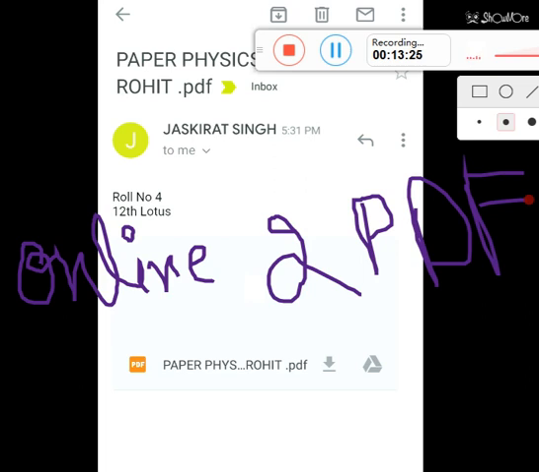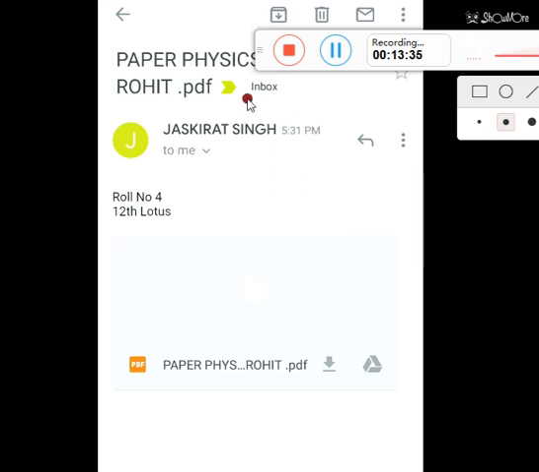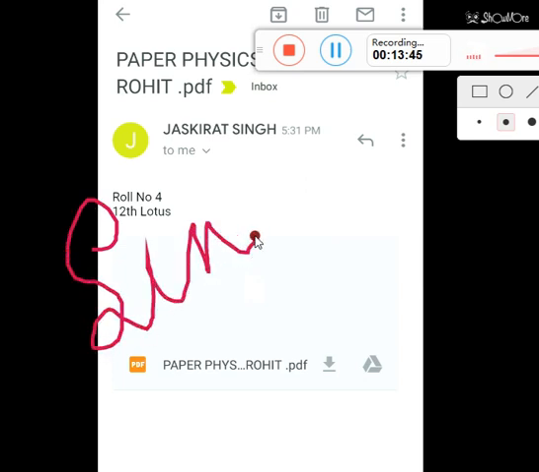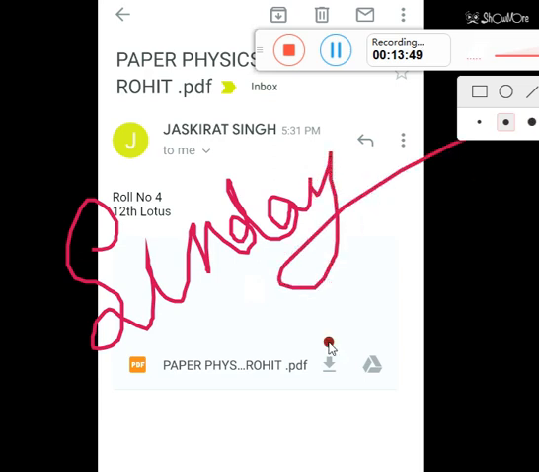Then you can rename your PDF, and you can send it on the teacher's mail ID, or attach it in the Google Classroom. So I hope it is clear. If you have any doubts regarding how to convert the PDF, you can ask. You can try it on Sunday, a day before the examination. Tomorrow is Sunday, so you can take 3 or 4 photographs of your notebooks. Then you can check that you are able to make a PDF properly.